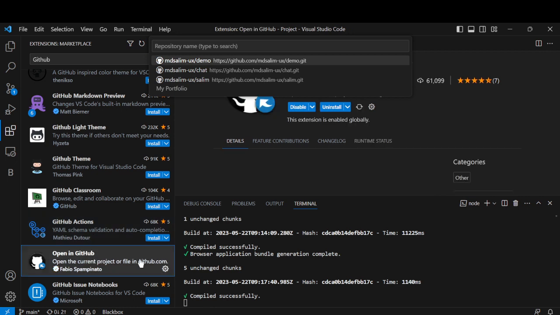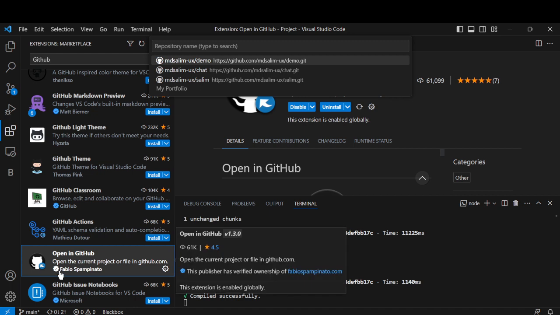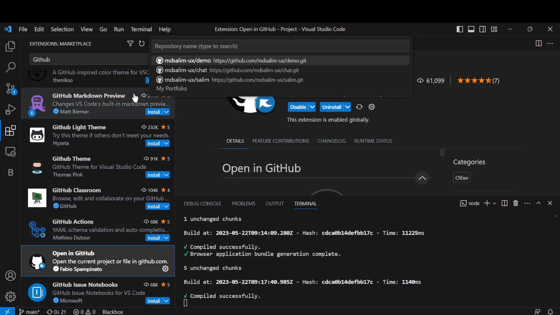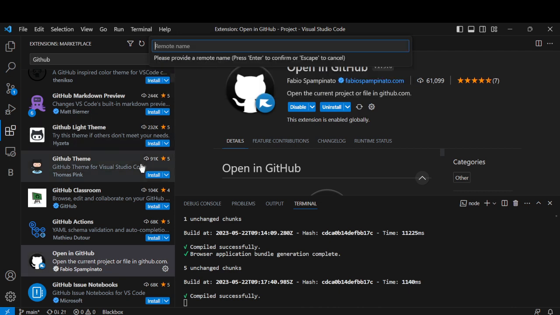Yeah, open in GitHub. Here you can see I have installed this one, and you also install this extension. Once you log in with your credentials, you will be able to access your repository. For now I will use this one. Once you click, it will ask you to provide the remote name, and for example, the remote name